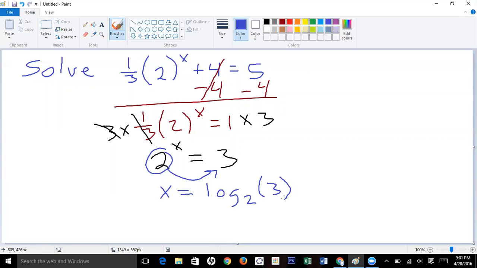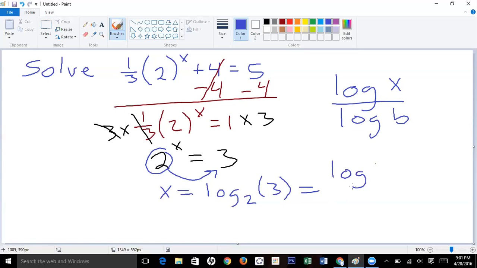If we wanted an exact value, we could use exactly what we have on our screen right now, which is log base 2 of 3. But in order to evaluate this for an approximation, if we needed that, we would have to use our change of base formula, which is the log of what was inside divided by the log of the base. So using that on our logarithm here, I can say that this is the log of 3 divided by the log of 2. And if I type that into my calculator, I can then see that this is approximately